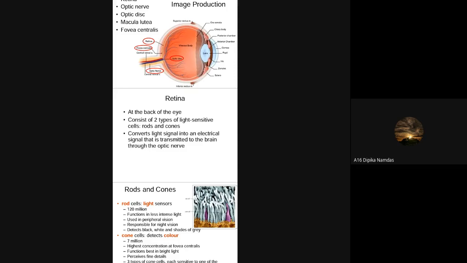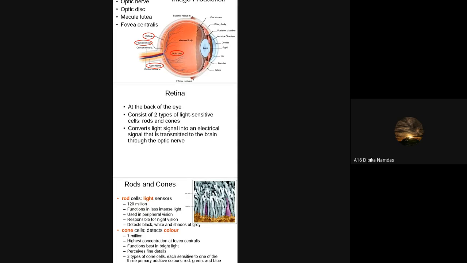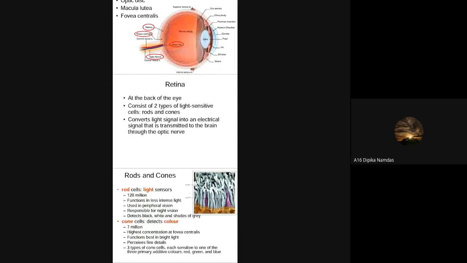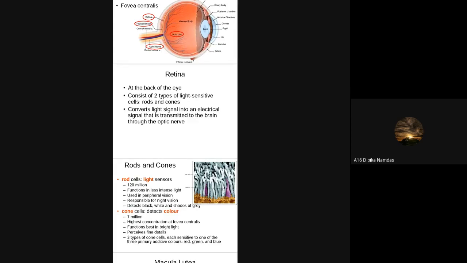Okay. So the basic purpose of the retina: what does the retina do? The retina converts the light signal. Some light signal comes into our eyes, and that light signal enters our retina. The retina transfers the information to our human brain through the optic nerve, and our human brain can identify the image or the object. So by using the retina and optic nerve, we provide information to our human brain. So the retina is the most important part of our human eye.